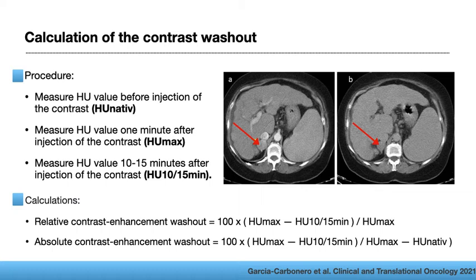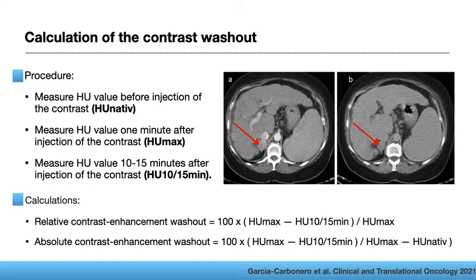And to understand how the radiologist calculates the contrast washout, at first, he measures the Hounsfield value before injection of the contrast, and this is called the HU native. Then, he measures the Hounsfield value 1 minute after the injection of the contrast, and this is called the HU maximum. And finally, he measures the Hounsfield value 10 to 15 minutes after injection of the contrast, and this is called Hounsfield 10/15 minutes. Then, he uses the equations below to calculate the relative and the absolute contrast enhancement washout